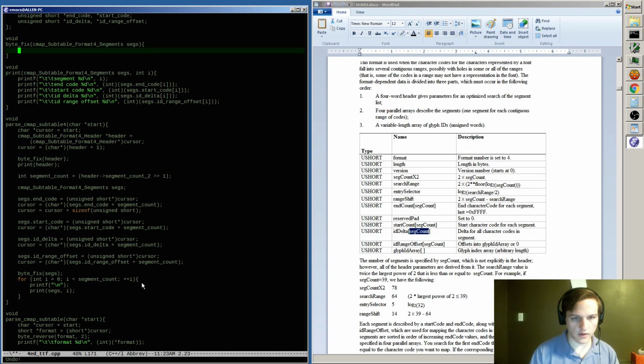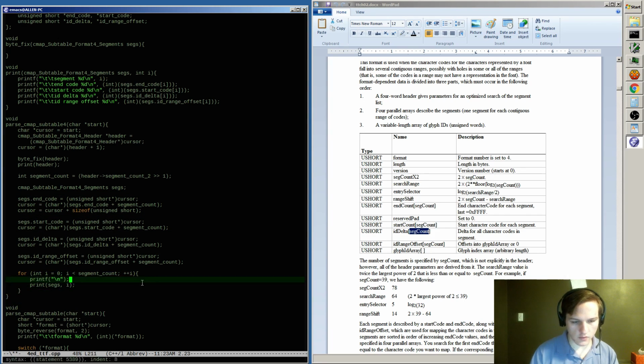I have to know the segment count too, really. I could byte fix the way I did the other things, it would be more like this, right? I byte fix right here, segs I. Yeah, I don't want to do that because it's not the good data-oriented way. I know that they're in caches, so I'm just going to pass in the segment count here,